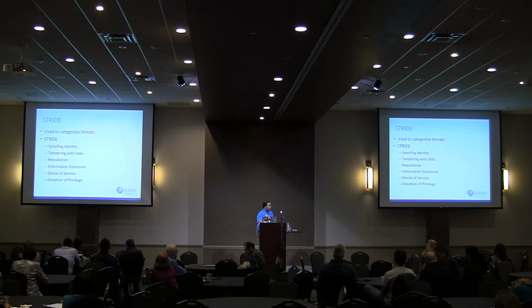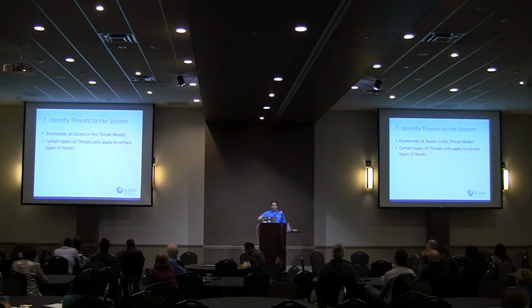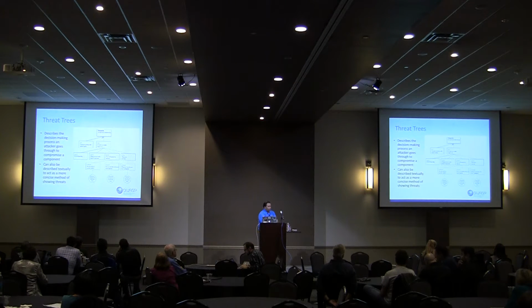So, now that we have STRIDE, we know of our different types of threats, we can identify the different threats to the system. So we enumerate all the assets in our threat model, and certain types of threats only apply to certain types of assets. We can do what's called a threat tree. A threat tree basically describes the decision-making process an attacker goes through to compromise a component. It can also be described textually to act as a more concise method, but in this case what we have